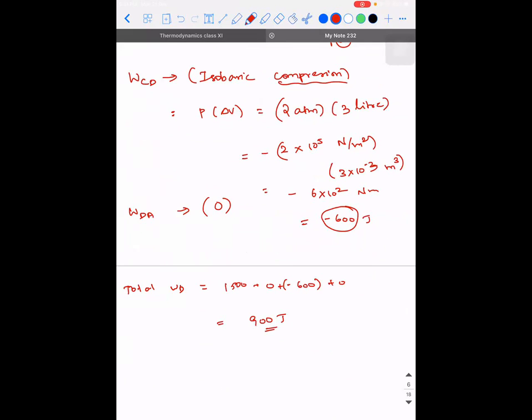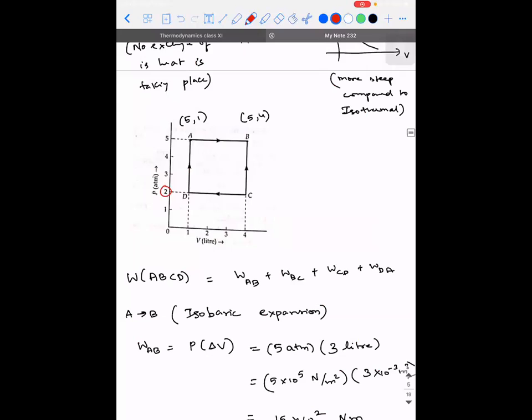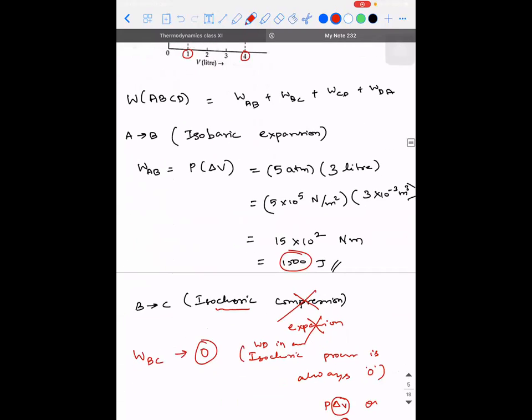Then can you say how you took the pressure value, sir? 2 atm, 5 atm. That is where the line is, no? Okay. Got it? Sir, and what did you multiply, sir? 4 minus 1, change in volume is 3. No, sir, the second step, sir. 5 into 10 power 5. Here, sir, first example. I told you, no? 1 liter is equal to 10 power minus 3 meter cube. That's the conversion. Liter to meter cube, there is a conversion.